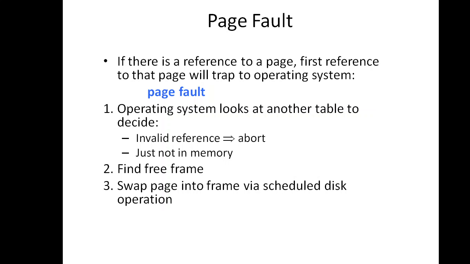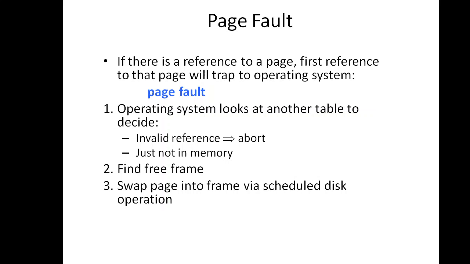But now suppose a page that is marked as invalid is being accessed by the process. Then it is going to lead to a page fault trap, because it is not found in the memory. That is why it is marked as invalid. If the process is trying to access a page which is not loaded into the memory, then it is going to lead to a page fault trap. This trap is the result of the operating system's failure to bring the desired page into the memory. There is a procedure for handling such page faults. We will see those steps.